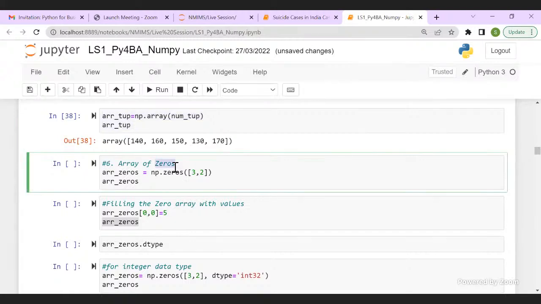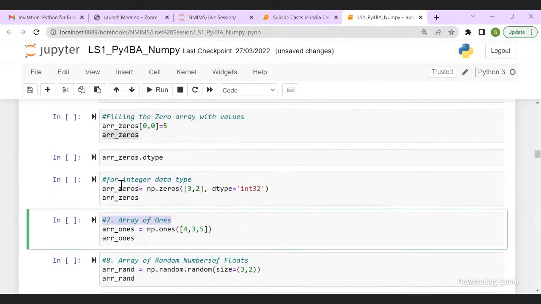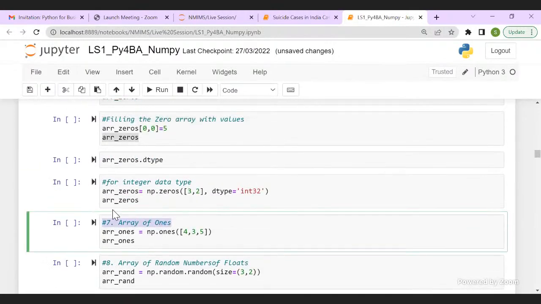Okay. Next, there is a very interesting concept of array of zeros and array of ones in Numpy. And why do we need it? We need it to create an, I won't say empty or blank, array.